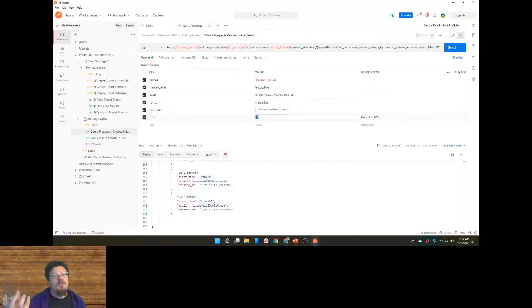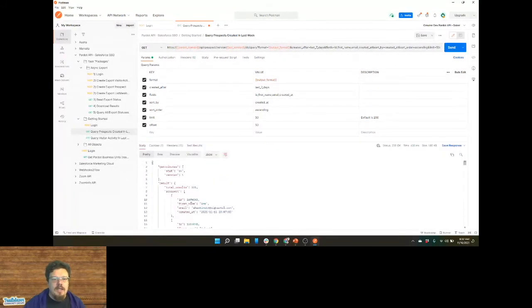So the default is normally 200. And then we would have to go through and page through our results. So we got the first 50, and then we would need to add a new section. It's called offset. And I want to offset by 50. And then I query this again. And then I'm going to get, hey, look, different people.